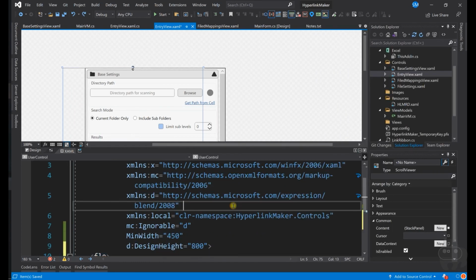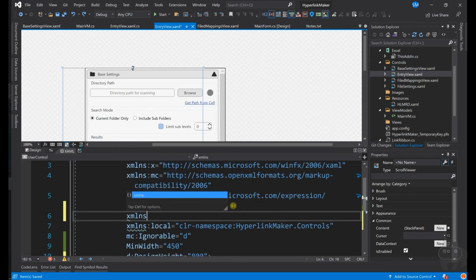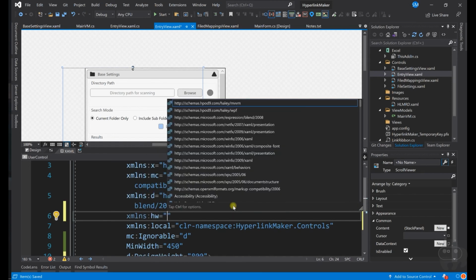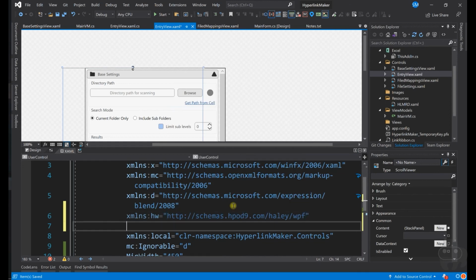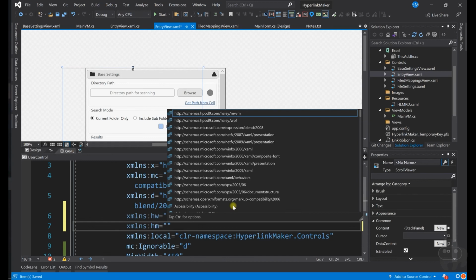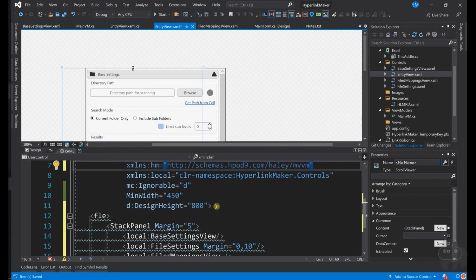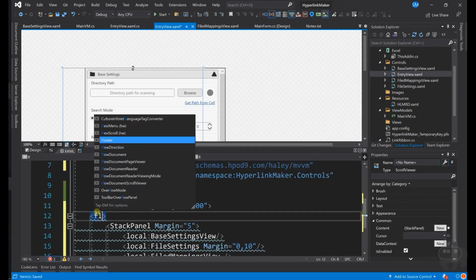Let me, instead of copying, type it this time. Haley WPF is equal to Haley schemas WPF. Haley MVVM is equal to Haley MVVM. So far we are using only WPF.